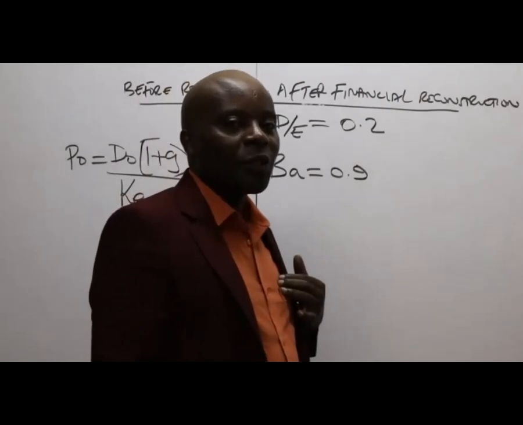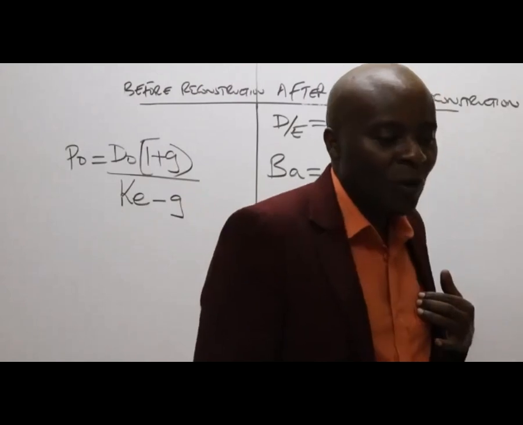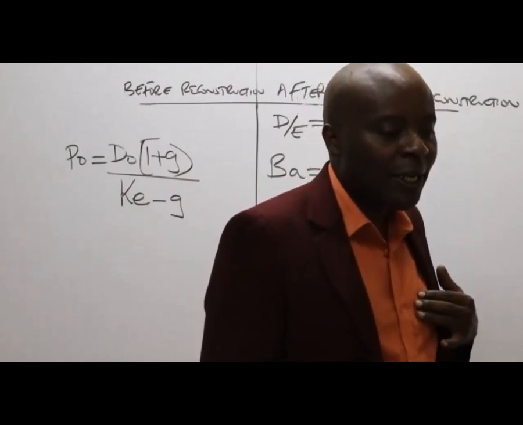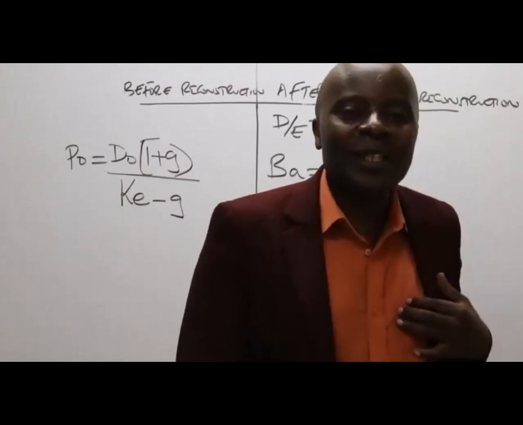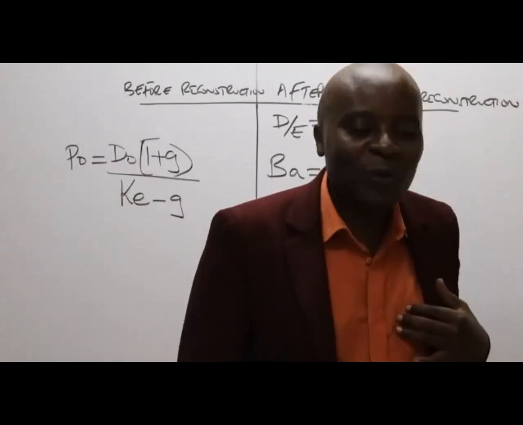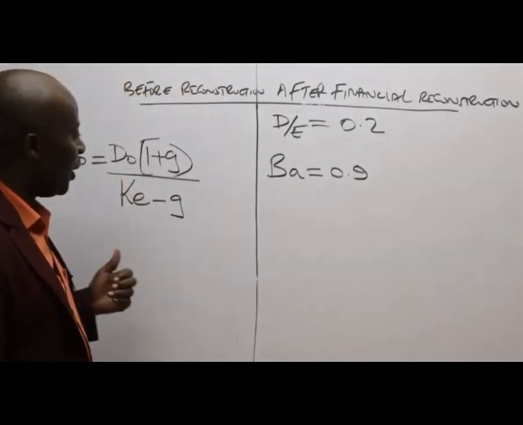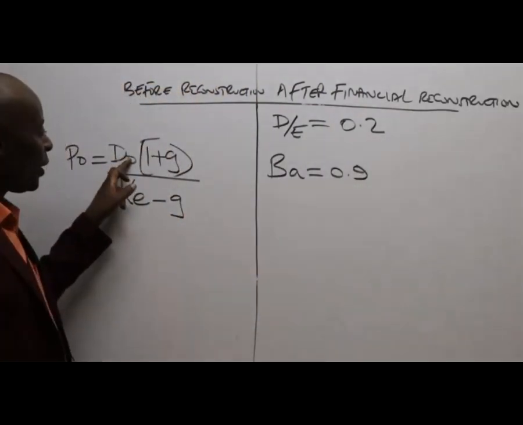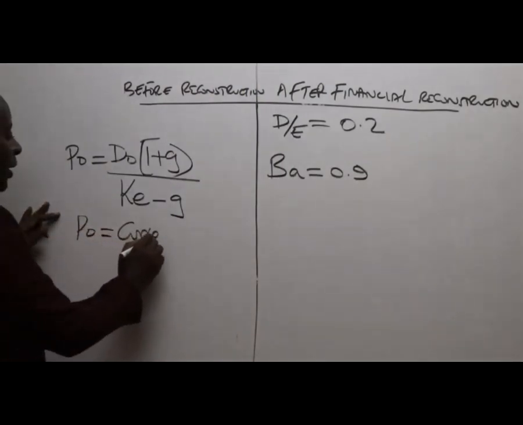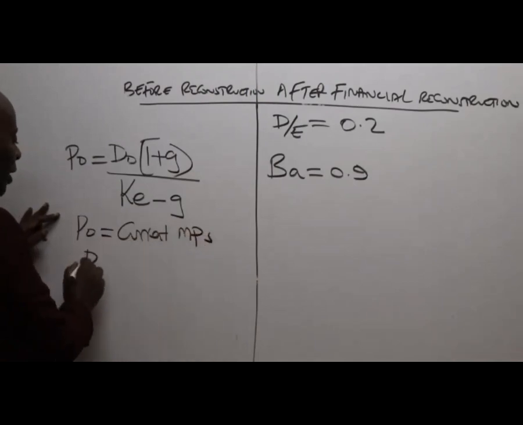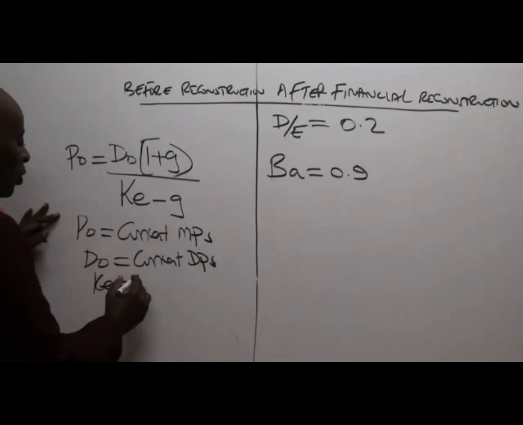Now, ladies and gentlemen, I know in advanced financial management, when I start seeing this examiner giving me risk-free rate, return of the market, and beta equity, for sure I know that he wants me to use CAPM to get cost of equity. D stands for dividend. So I'm repeating again. P0 stands for current market price per share. D0 stands for current dividend per share. Ke stands for cost of equity,